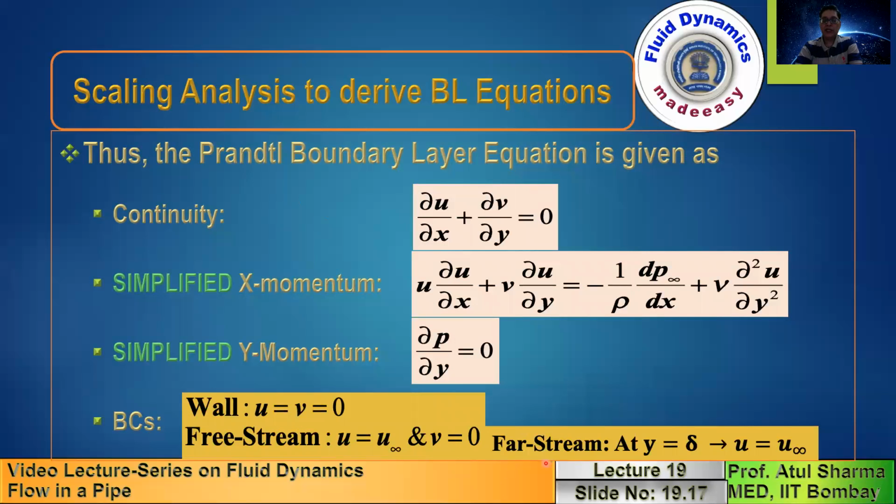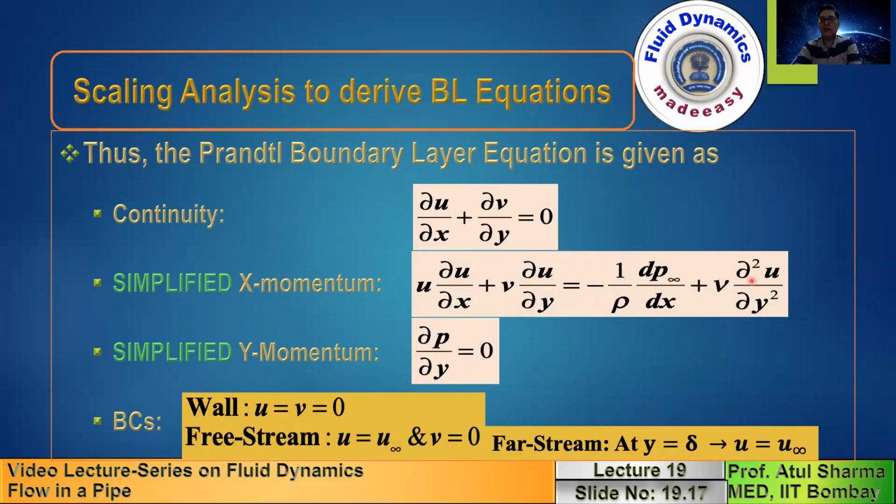At the edge of the boundary layer, which we call the far stream, you have u equals u infinity. Now the fact that the far stream boundary condition, at the edge of the boundary layer, and the inlet boundary condition, where you have u equals u infinity, are the same simplifies things. And another reason is that if you look into this equation,